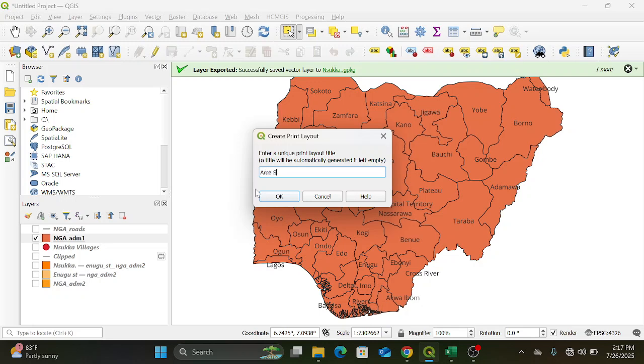area study map of Nsukka and environs. Okay,